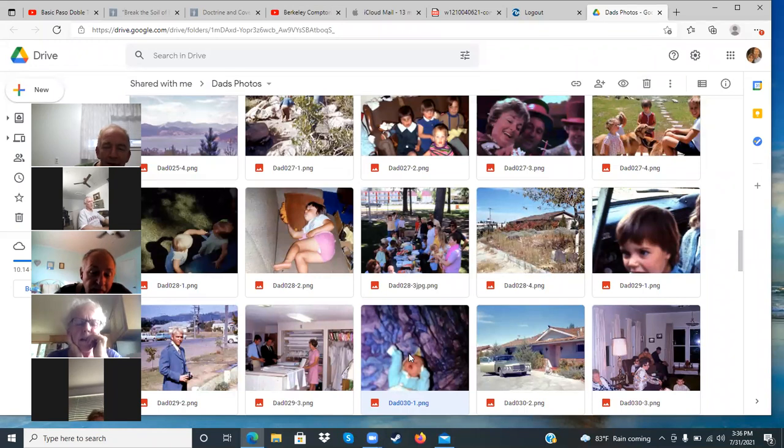Yeah, 60s. Okay, that's good. That's a good frame of reference, Terry. So these were all developed, these were slides, and the slides were developed in the late 60s and early 70s. Is that right, Terry? That was pretty much the way they were all marked. I don't remember any exceptions to that.